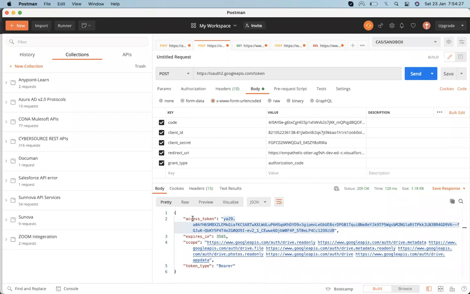So that's it, and let's have a break. After that we will discuss how we can do this whole thing via code, because we haven't discussed that yet. We checked how to achieve this via Postman. You all know that Postman is only for testing purposes, nothing more and nothing less.